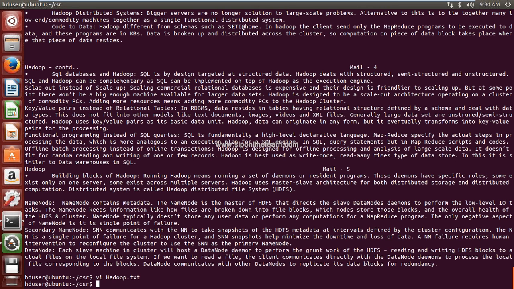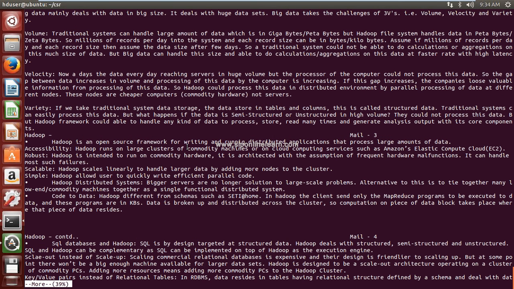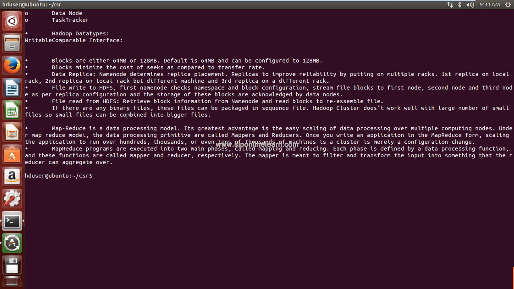Now in this bottom area, I am trying to run the more command. Previously, we have seen the more command without the -c option, so it started displaying the information from that location only. Now we are using the -c option with the hadoop.txt file name. See how it is going to display. First it will clear the screen, and from the first row it started displaying. So more 39%, 81%, and this is the end.